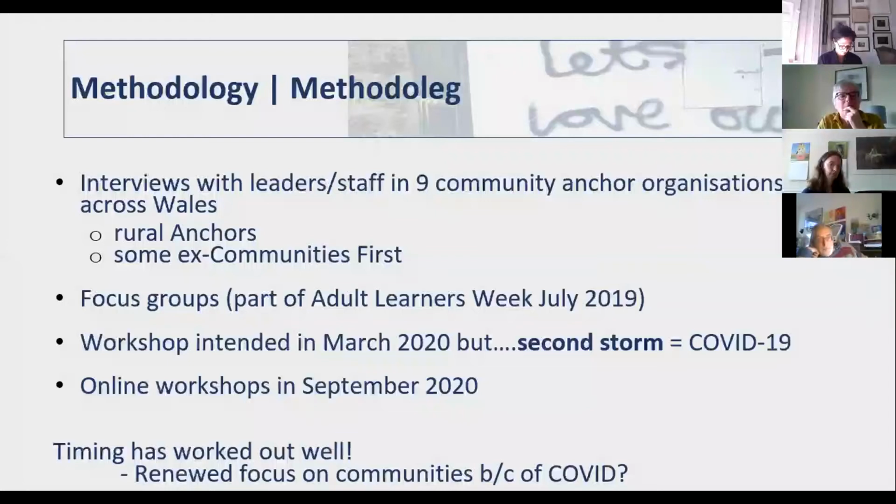So we very much wanted to strive, and it was great for me to get out of that more urban valleys footprint and find organisations doing community development, and certainly asset-based community development. So we had a mix of rural organisations, and some ex-Communities First organisations, by which I mean organisations based in Communities First areas, but also some that had an employment role or a programme delivery role within the programme as well.